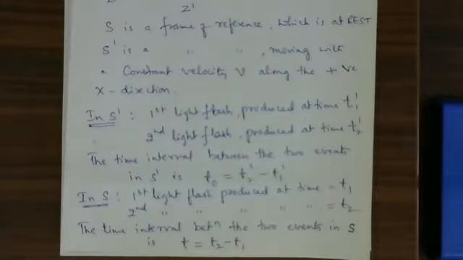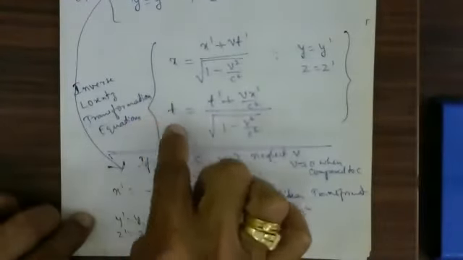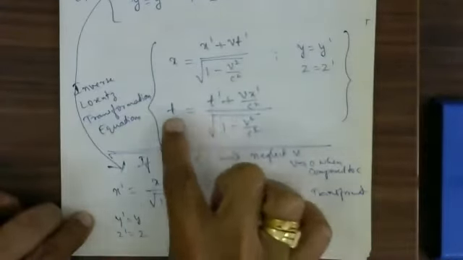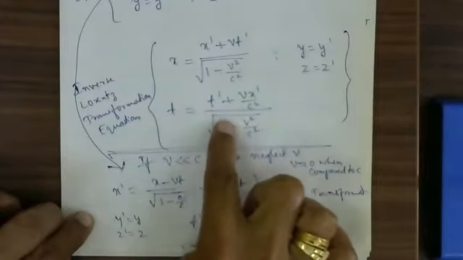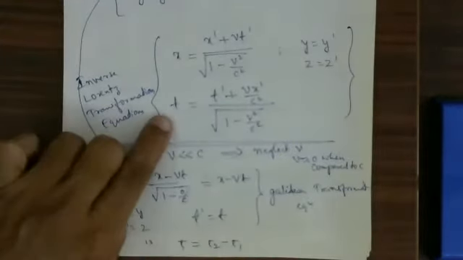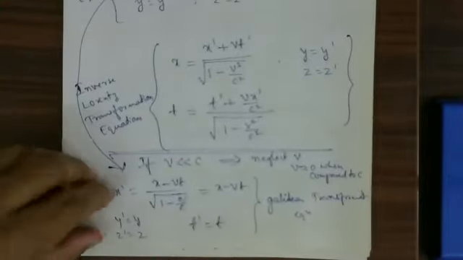Okay, finished. Now I am going to take up the inverse Lorentz transformation equations. I explained them already, but I am supposed to write this equation now. We want to connect the time interval between one frame of reference and another, S to S dash. This is in the S frame, this is in the S dash frame, the time gap, the time interval. I will show this one afterwards.